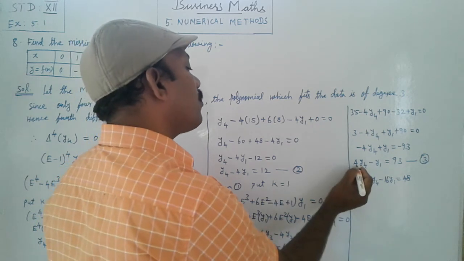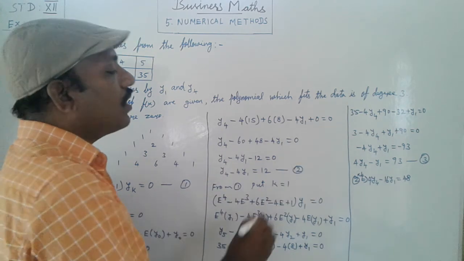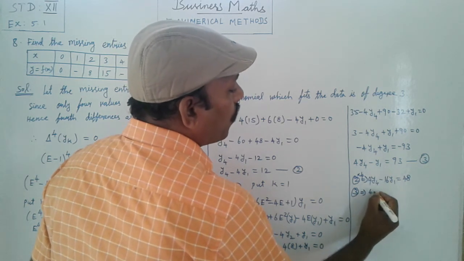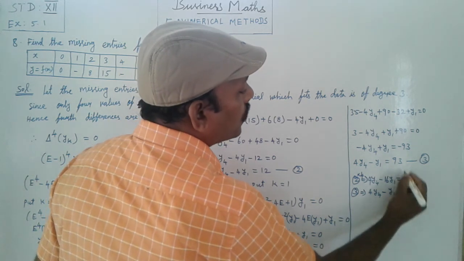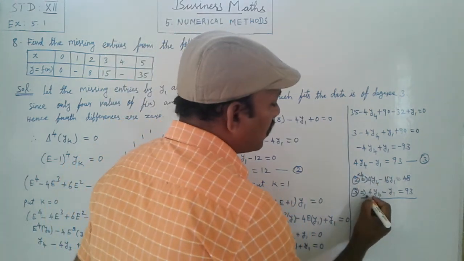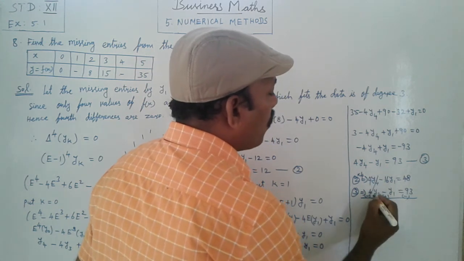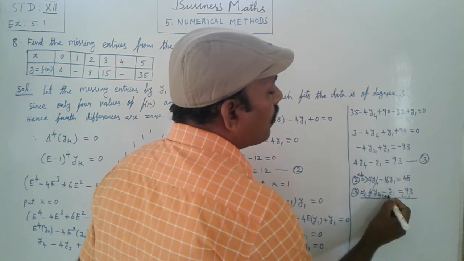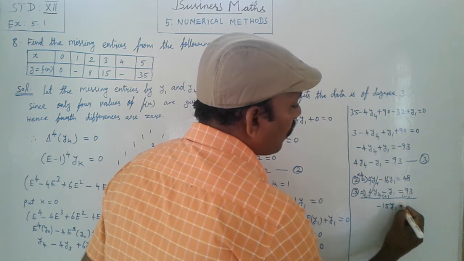Here the coefficient of y4 is 4, here 1. So we should multiply by 4, then we get equal. So next third equation: 4y4 minus y1 equal to 93. So change the symbol, subtract: minus then plus, next minus. So 4y4 minus 4y4 is cancelled, minus 16y1 plus y1 is added, then minus 15y1 equal to